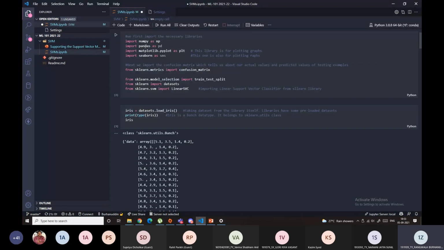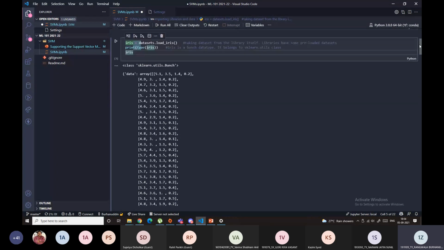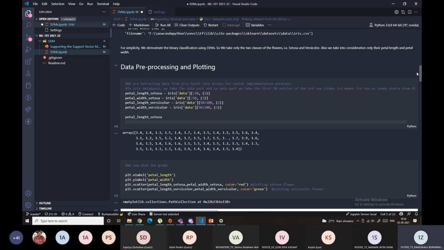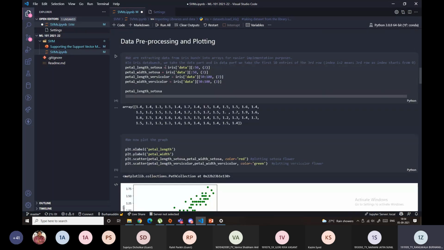Yeah, so as you can see in this part, I'm just importing the libraries and all, and this is an inbuilt data set that sklearn gives, which is the iris data set. We are using the iris data set, which consists of 3 different flowers. It consists of the length and width of the flowers, and we need to predict what kind of flower it is.